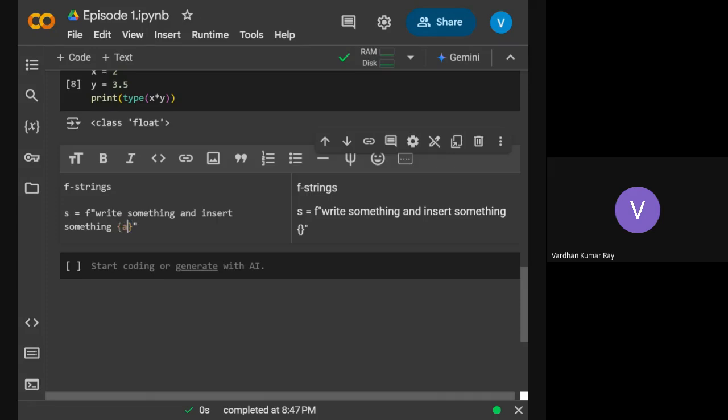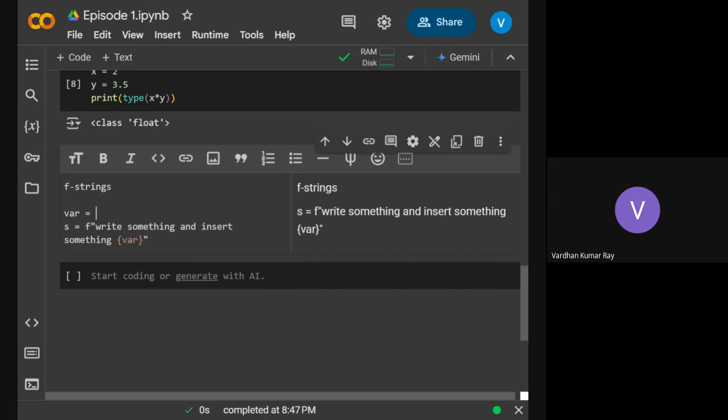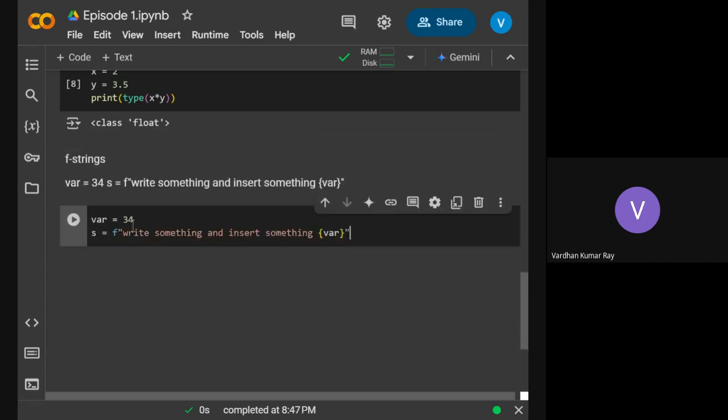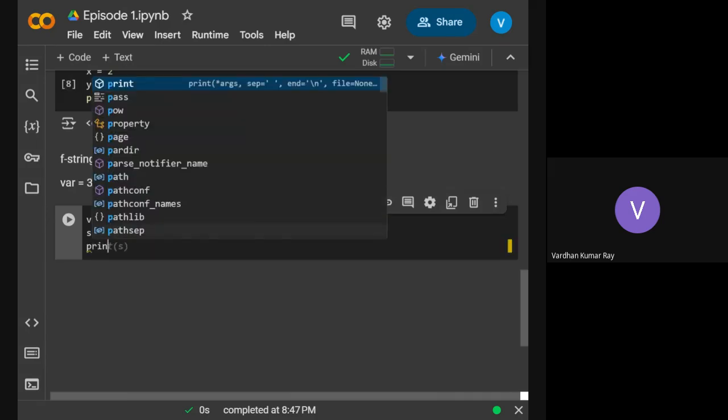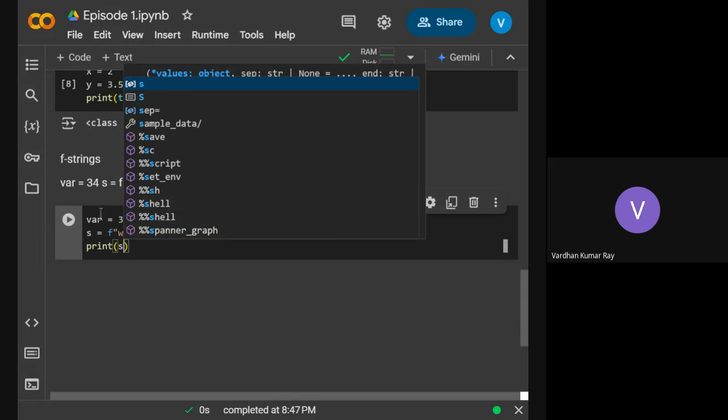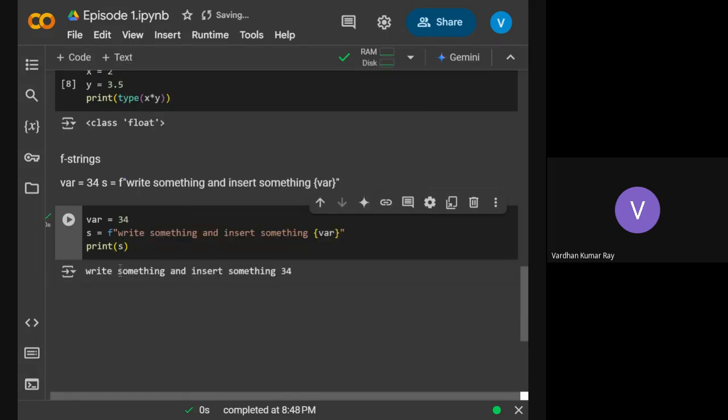Suppose insert something. Suppose there is a variable var. Let me just write var is equal to 30. Let me just print it also here in the code. Whatever the value of that variable var is, that will go inside the string and it will be stored. Formatted string, correct. That's the correct word. You're formatting the string in some way, right? Is it clear what strings are? You just insert some variable inside the curly braces. That's all.